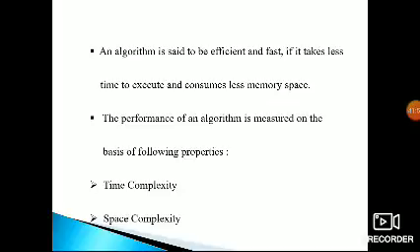So an algorithm can be said to be efficient and fast. It takes less time to execute and consumes less memory, because while using an algorithm we execute in less time and it takes less memory space. And again in this chapter, at the end, we will discuss the algorithm, time complexity and space complexity. What is time complexity and what is space complexity? Next class we will discuss the definitions.